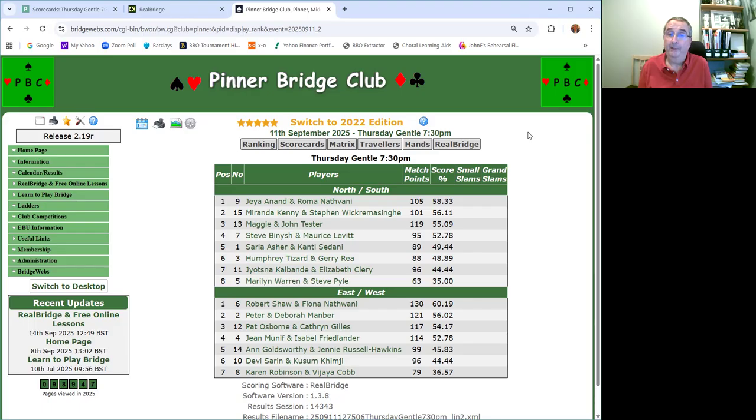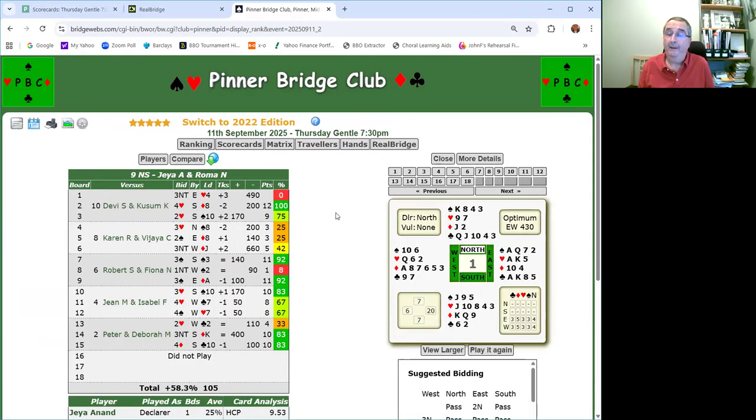The 2022 edition. So again, if you are looking at your results on this, you might start by clicking on the results and then perhaps looking at some of the boards where you didn't get a good result. So you might go down here. I mean, this J and Roma came top here, but they had one or two bad results. So you might look at those. For example, board 8, we only got 8%. So if you click on that,